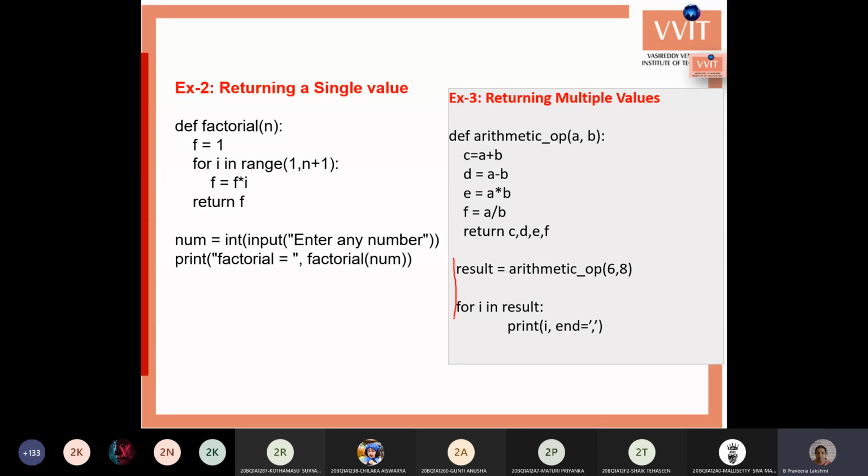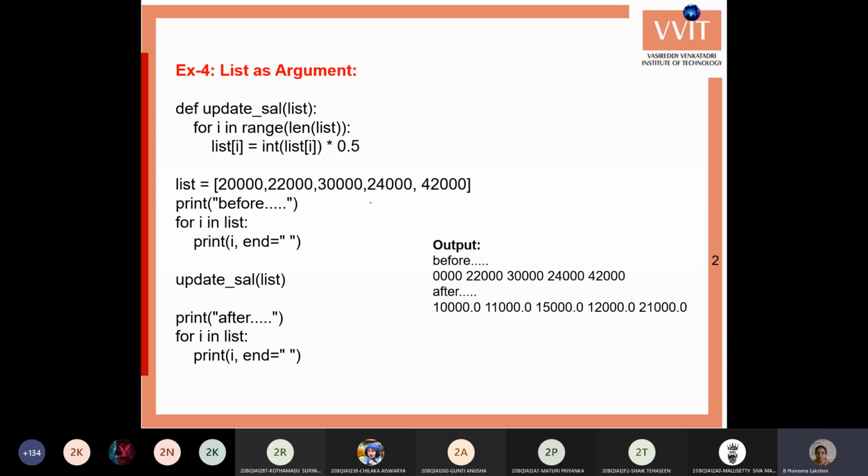This is our caller program, and this is the function. The part of the program from wherever you are calling is called the caller program. This is the called program, and the called program is nothing but our function. In the same way, here in the factorial example, this is the caller program, which is calling the function, and this is the function. Next we will go further.